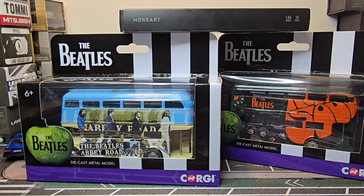Hello everyone, I've got two new London buses from the brand Corgi, both Beatles livery. Do I have to explain who the Beatles are? I don't think so. We all know that. Very famous band